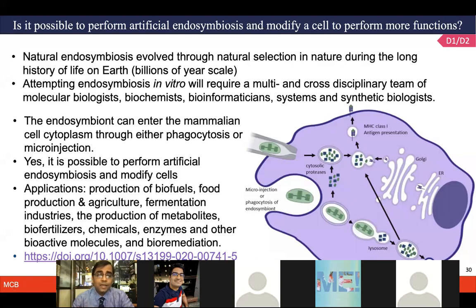And for this type of concept, there are many applications, actually, when people have started producing more biofuels, different types of food production, agriculture, fermentation industries, other types of enzyme production. Many of these things are influenced by it. Of course, nobody has been able to mimic what you are trying to ask here, artificial endosymbiosis. But for performing cell functions, there are different applications similar to this concept, which you can also read in this particular article, which we have provided here. But some of these concepts of how to modify the cell and utilize the cell to make more product and perform more function, we will take up when we talk about some biotechnology concepts in the subsequent lecture.